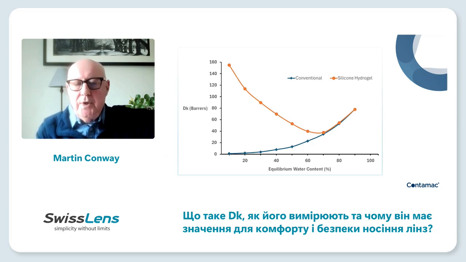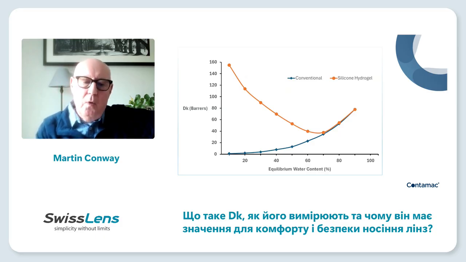The early silicon hydrogels, such as Pure Vision and Night and Day from Alcon, were really designed to offer the practitioners a means of competing with the rising use of laser surgery. And so they were really designed for extended periods of wear of up to 30 days. So they went for a maximum amount of silicon with minimum amount of water. Extended wear never really caught on, and also it tended to make the lenses quite stiff, and they had other